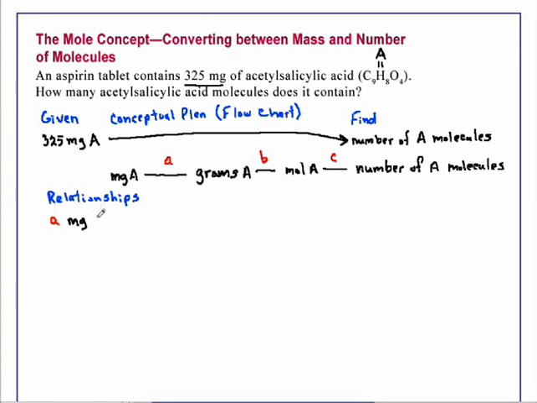A milligram of anything is equal to 10 to the minus 3 gram. What's relationship B? Relationship B is the molar mass